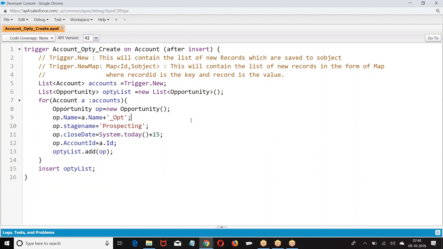Now who is the owner of the opportunity? I am the owner of the opportunity. Now who are you? You are the team members who are collaborating with me. Now, as a team member, what is the benefit for you? The amount we are closing will be added against your target.